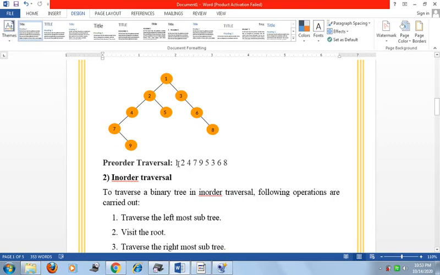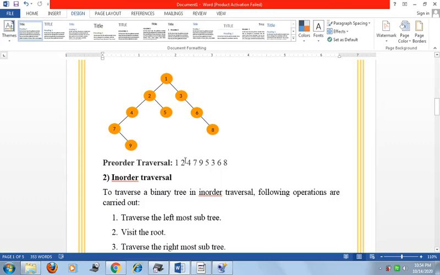So write 1 here. Now go to the second step. Here 2. 2 is also a root, and 2 is on the left side of the binary tree. So 2 will be written right here, because 2 is again the root of 4 and 5. Now we go to the left-hand side again. So here is the 4. 4 is the root of 7, so write 4 here. Now we go to the next node, next level. Here 7 will be there and 7 is the root of 9.